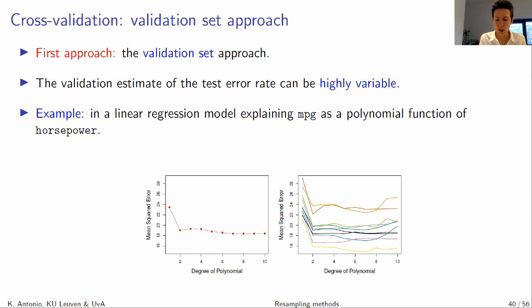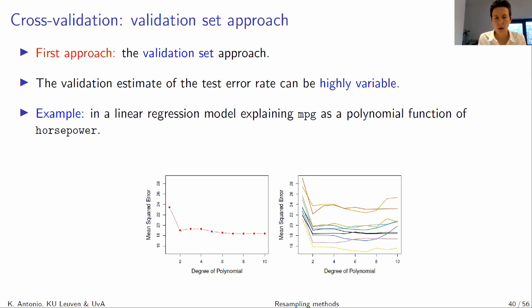And you will see that in the literature on resampling techniques, there are a couple of things you should keep in mind. So I want to guide you through different ways to use the available data. And the first way to do this is what we call the validation set approach. So with the validation set approach, you're just going to split your available data in 2 parts. And you're going to say, okay, I'm going to use part of my data for training, and I'm going to